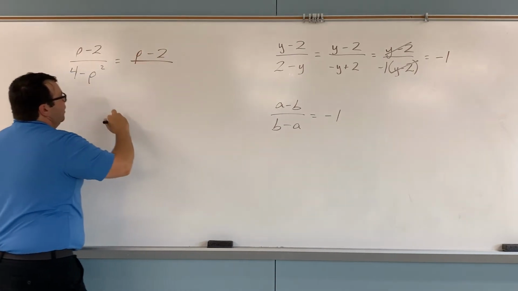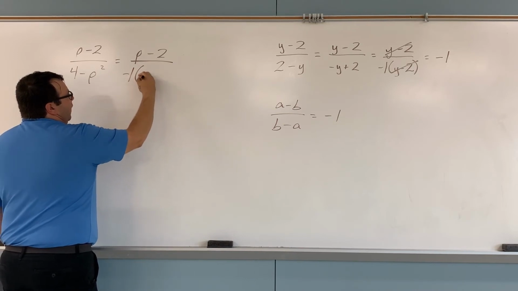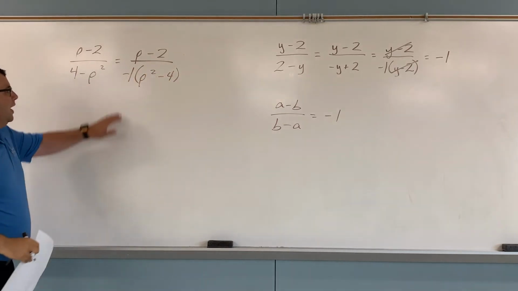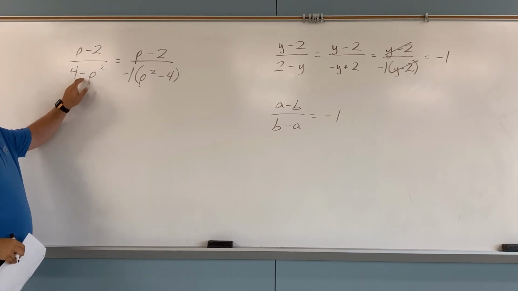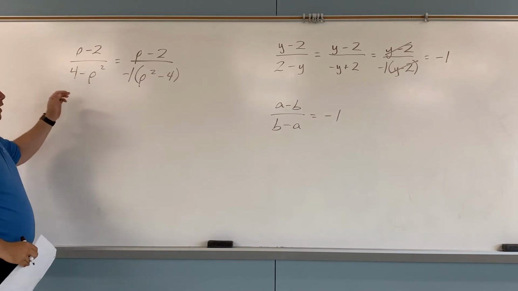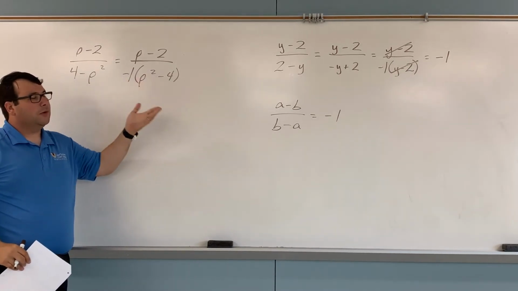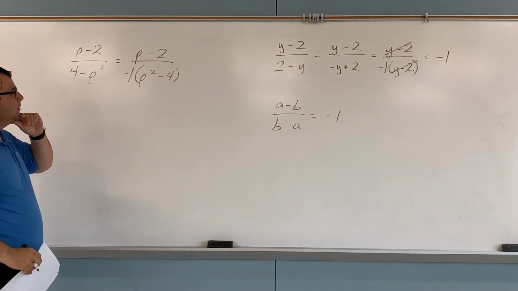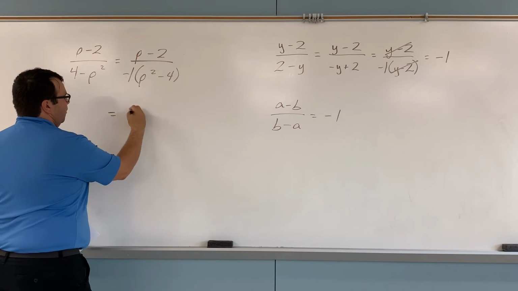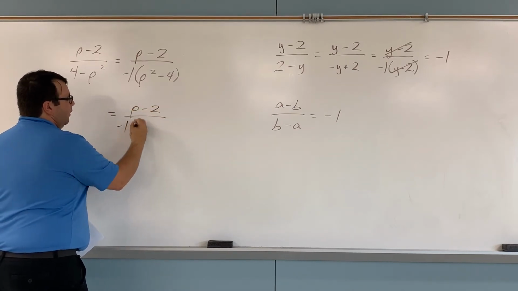I didn't change that. This, I'm going to pull out that negative 1 automatically, and that gives me p squared minus 4. So I pulled out a negative to change my sign. I saw it was negative here, so I wanted this positive p. So I pulled out my negative, reversed my terms. I have p squared minus 4. Cool. Can I factor? Yes. So I have p minus 2, nothing's changed in the numerator. I have that negative 1 times,